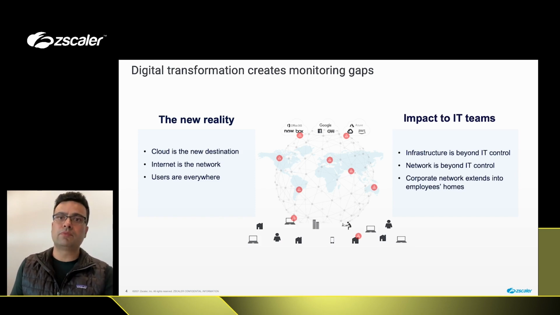This leads to a big problem for IT organizations. Infrastructure that was typically in your full control is now all over the map. Every user who works from a home office or a coffee shop is seen as an extension of your corporate network. And your corporate footprint and SaaS applications cannot be instrumented with monitoring scripts. For example, you cannot go and tell Microsoft that you would like to run an SNMP trap onto your SharePoint Online server. So all you end up doing is relying on SaaS providers' tools that provide SLA reports, and you do not own this infrastructure anymore.